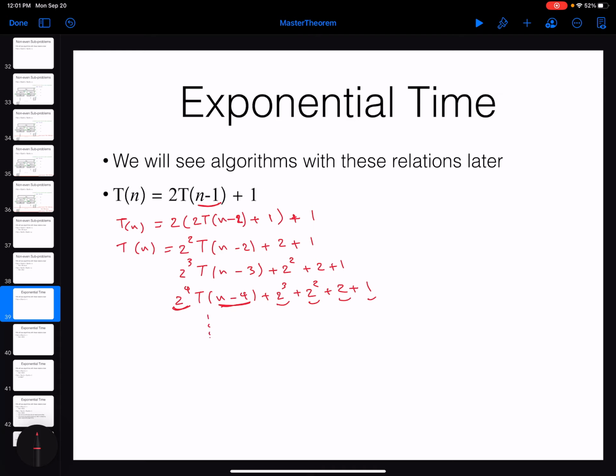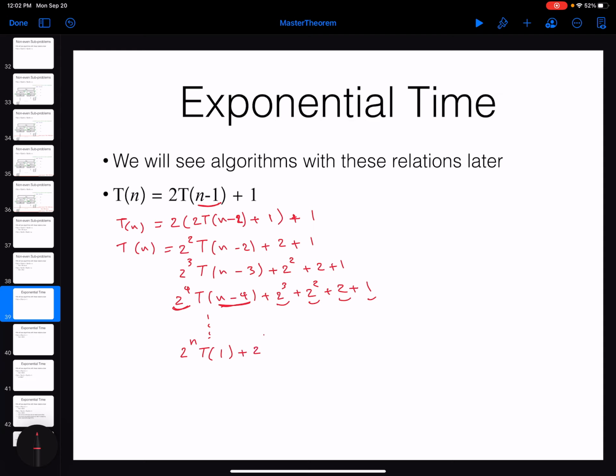So you stop when you reach T of 1. And how many steps? You can see that I am decreasing the size each time by 1, right? So what is going to be that multiplication here? That's going to be 2 to the power of n